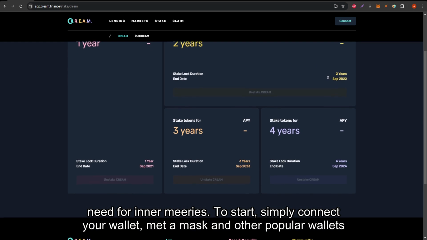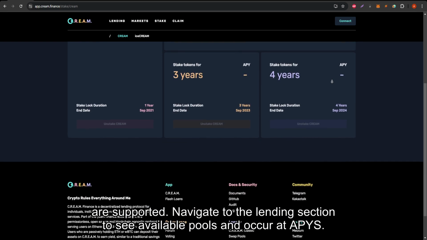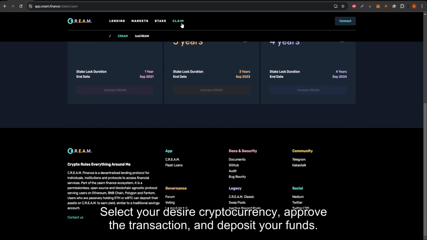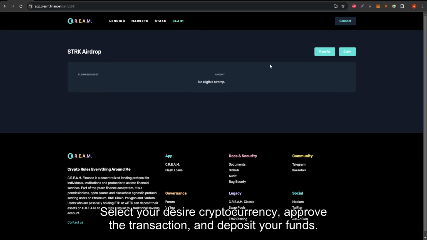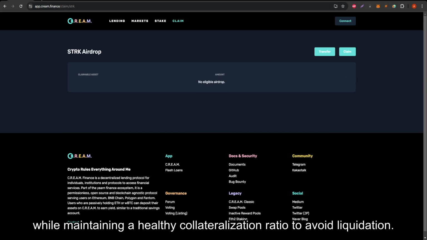To start, simply connect your wallet. MetaMask and other popular wallets are supported. Navigate to the lending section to see available pools and the current APYs. Select your desired cryptocurrency, approve the transaction, and deposit your funds. Similarly, the borrowing section allows you to stake collateral and borrow assets while maintaining a healthy collateralization ratio to avoid